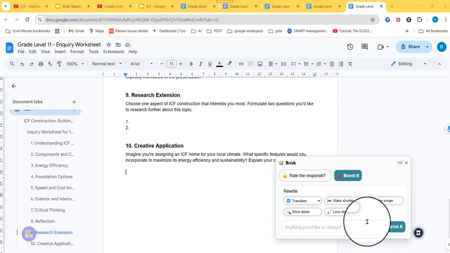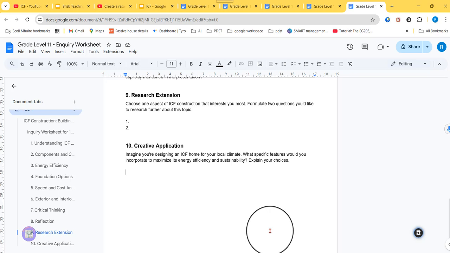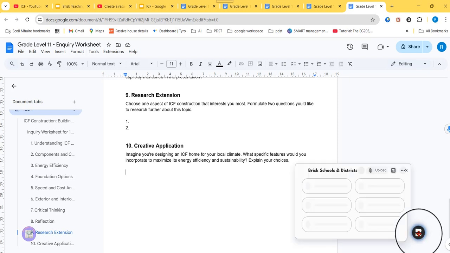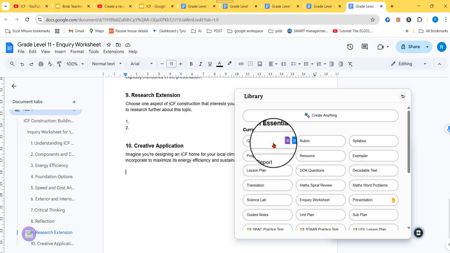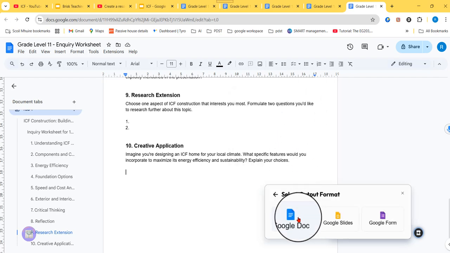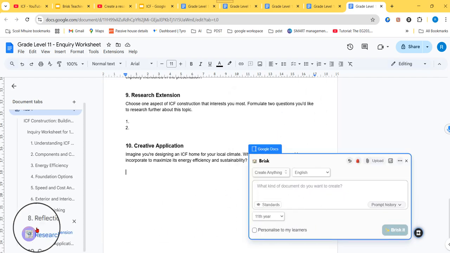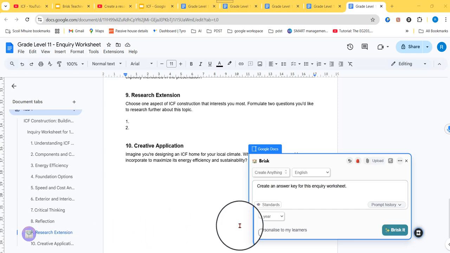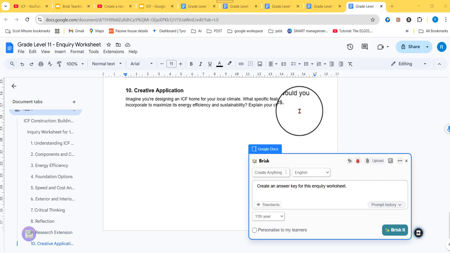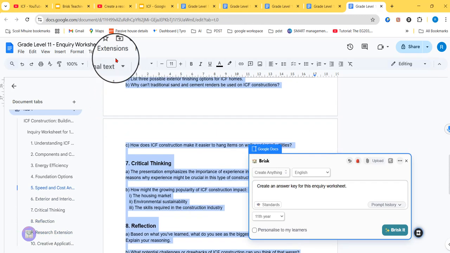Now, it doesn't give you the option for an answer key here, but you actually can. So sometimes if you click on the page, the option for the answer key goes, but there is a workaround. If you notice we're using answer key, it's under the create anything. So if you go Brisk, create, and we say create anything, and very simply we just type a prompt of what we want to do. So very simply I just asked it to create an answer key for this inquiry worksheet, and again